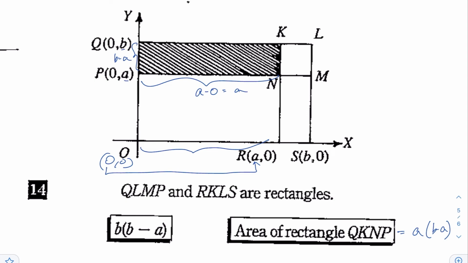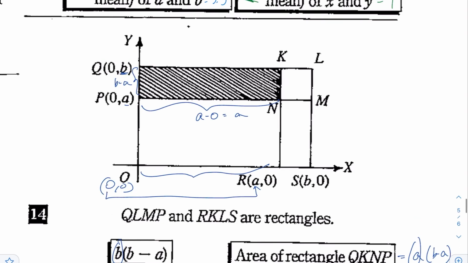So you want to compare A times (B minus A) versus B times (B minus A). You just want to compare A and B, see which one is greater. And here you know that B has to be greater than A